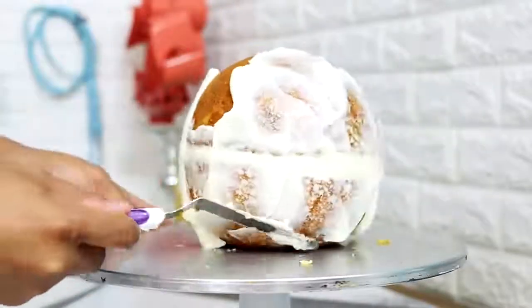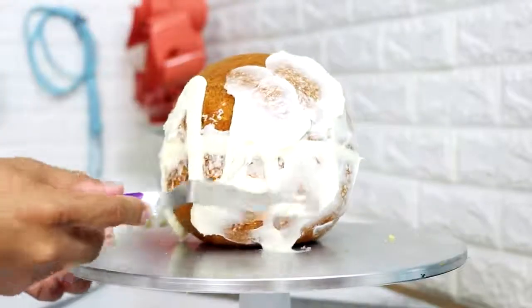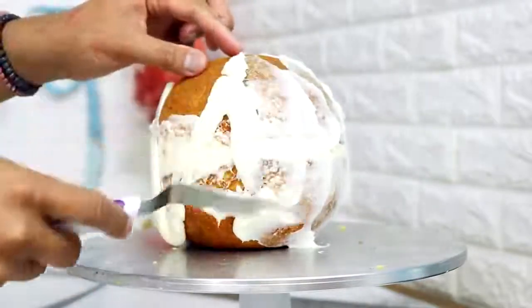Now I gave each of my cakes a crumb coat of buttercream, and then I placed them into the fridge for about 6 hours. These probably only need to be in the fridge for about an hour, but then I